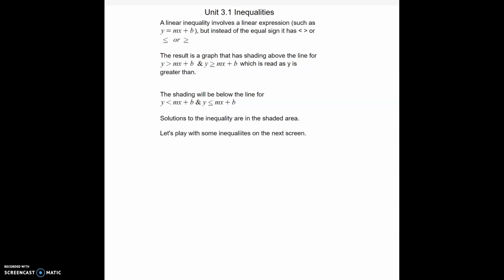In this section, we've got a linear inequality. It involves a linear expression such as y equals mx plus b, but instead of the equal sign it has less than, greater than, or less than or equal to, or greater than or equal to. Inequalities are super tricky though,